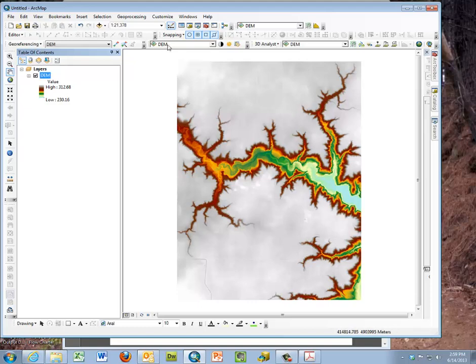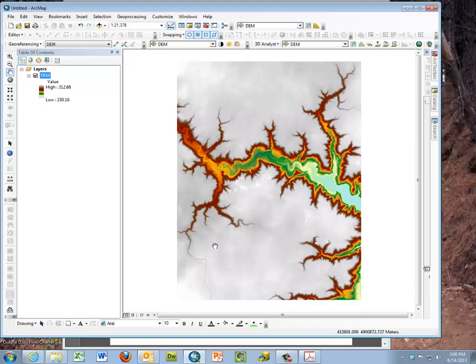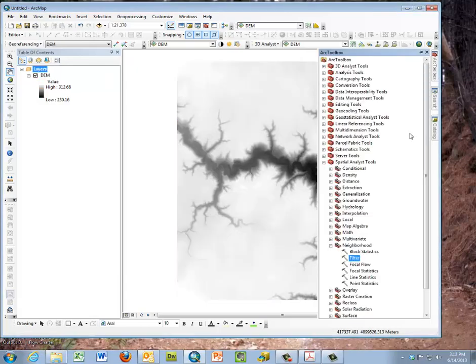Now, the next step that we have to go through is to make sure you've got the Spatial Analyst turned on. And up in Customize, there is the Extensions selection, and you want to make sure Spatial Analyst is checked. Now, our first step using our toolbox will be to fill the sinks. Now, filling the sinks requires us to use the